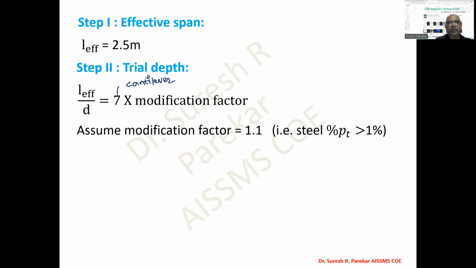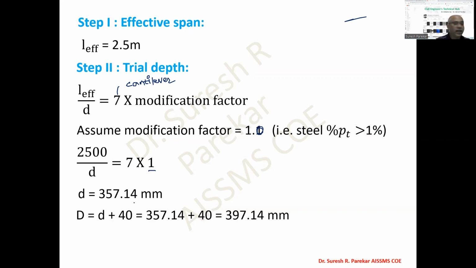So we will assume the modification factor as 1, and the percentage of steel we are assuming greater than 1. When it goes towards or beyond 1, that value is again reduced by 1. So here we will consider the modification factor as 1, and from this we will get the value of D as 357.14. Now we will put the effective cover, that is 40 millimeters, and then